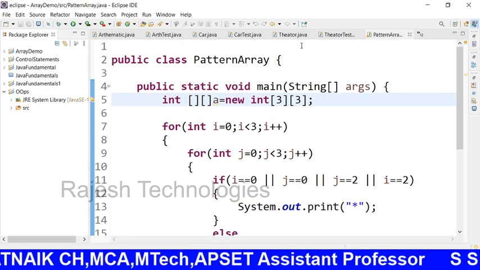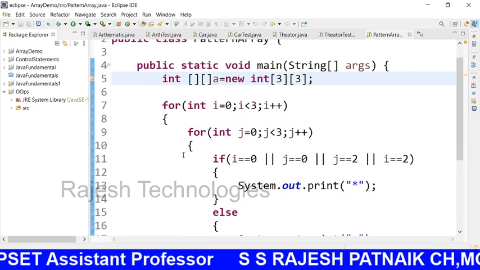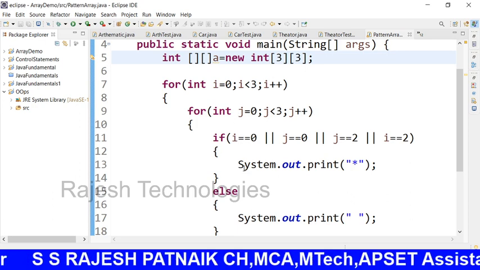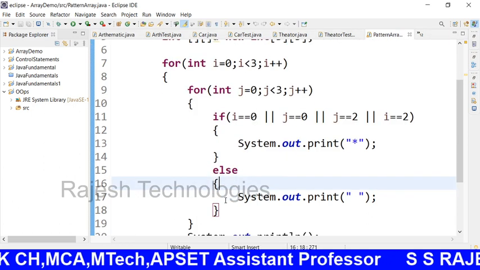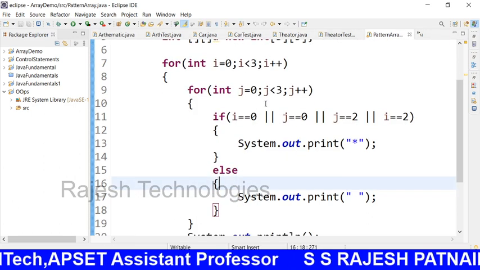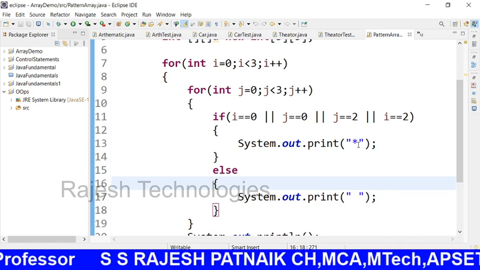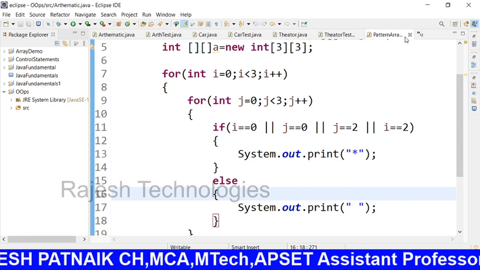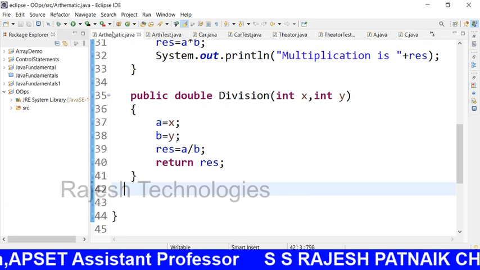What is that? Let me understand with a program. So yesterday some people asked me how to do that star pattern using 2D array. I gave the code. So if anybody is having any doubt, you can ask me regarding how to display all the stars using 2D array. The example, the access program what I gave. Okay, I will close all the other